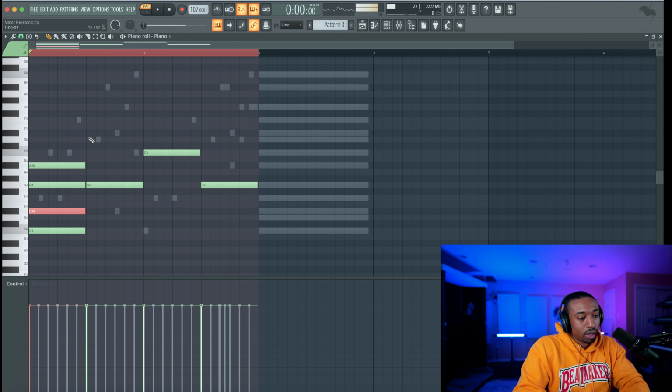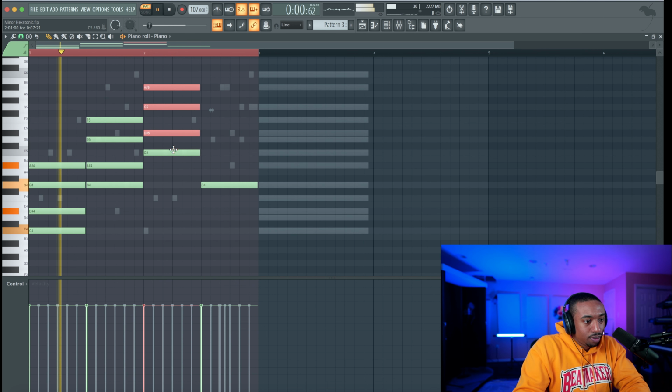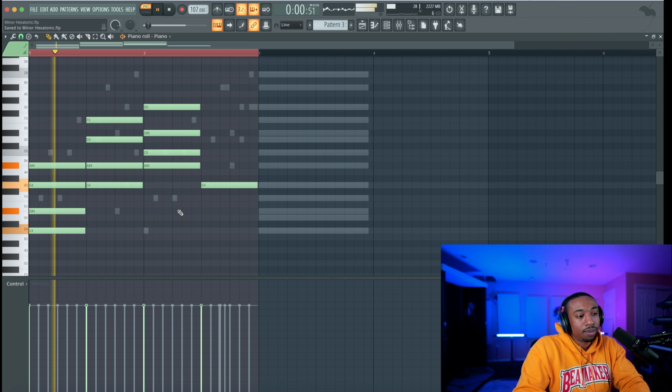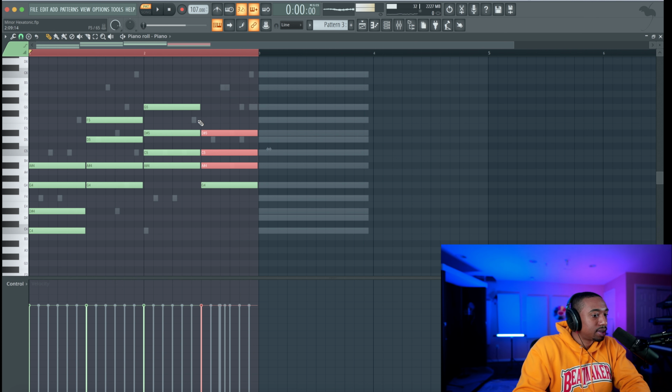Okay, so before I start inverting notes and moving stuff around, let me just write out the chords first, and then I'll start flipping the notes and revoicing the chord. Okay, so let's see here. Make sure all the notes are the same. They should be. Now I want to go dun. Okay, so I want that top note to be G in this case. Let's pull down that A, B flat. So let's consider this the same chord. I'm just gonna take that top note and pull it down. So it's the same notes, top note pulled down.